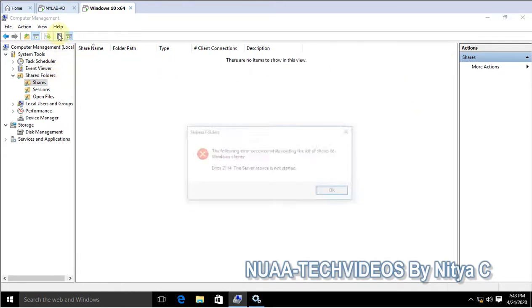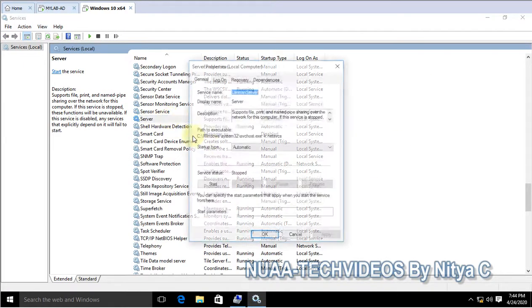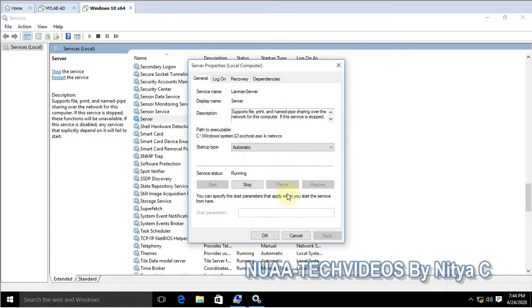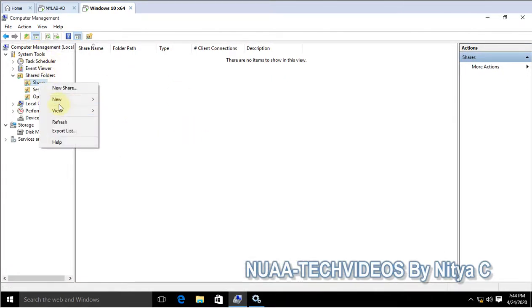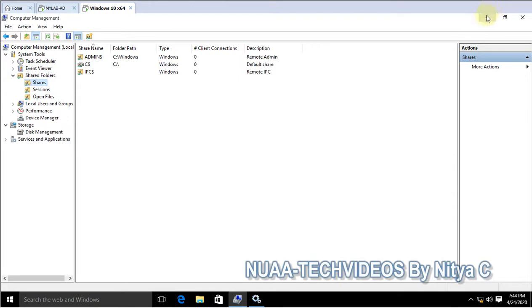Let me refresh it. You can see all the shares are gone, but this will disable all the shares. If you have any file server, don't make this mistake, because whatever shares you have, it will disable all of them. So let me enable it again. Okay, then start. That's done, and refresh again. You can see they have arrived. So you have to make sure you don't have any share enabled manually.